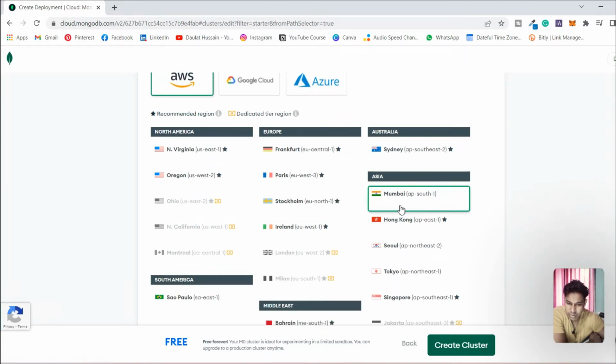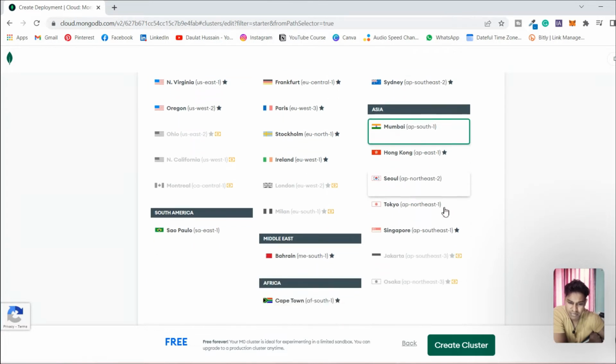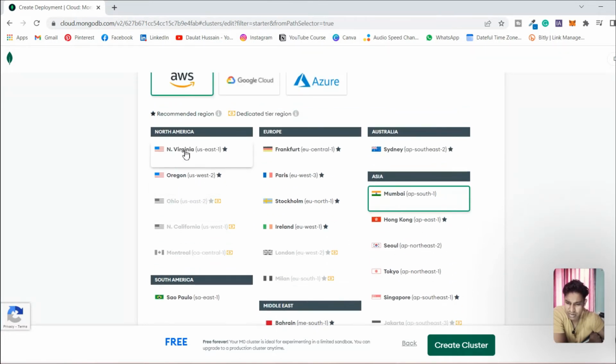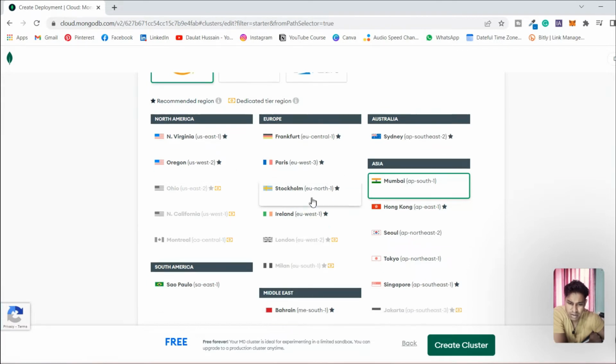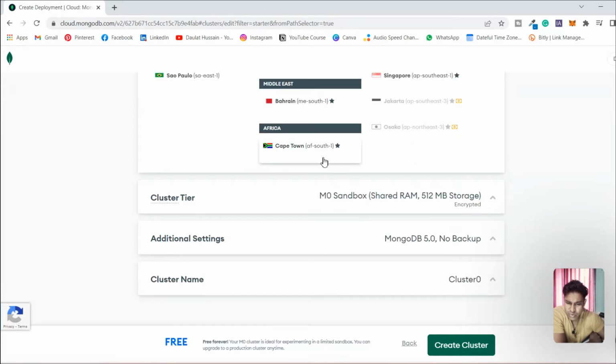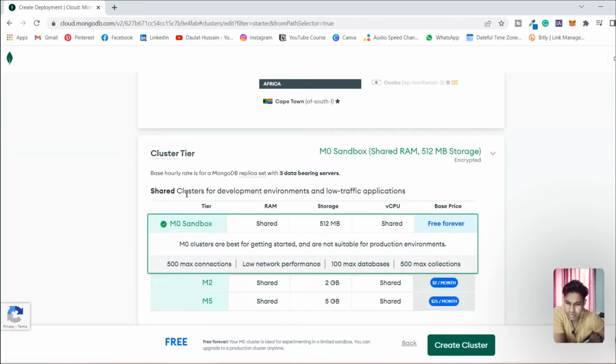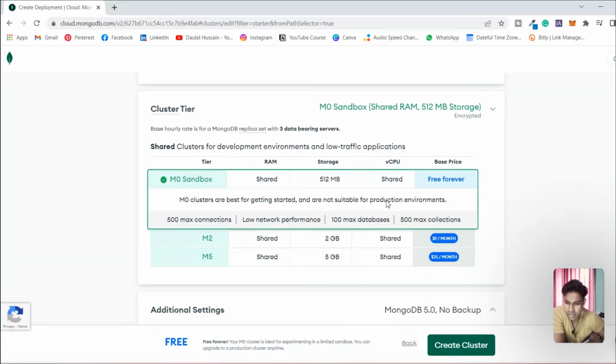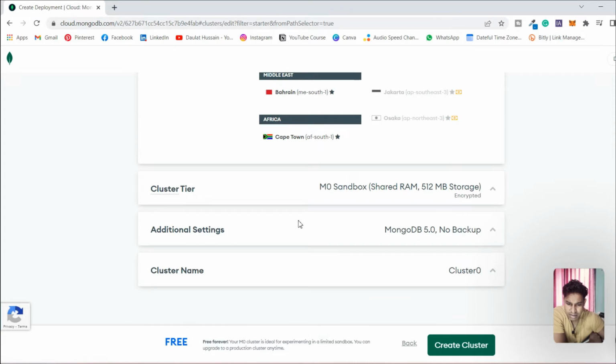The server location I'm choosing is Mumbai, because I'm from India. You can choose anywhere, or it automatically reflects on the basis of the country, so don't worry about it. Don't make any changes there. Click here, and you can see the plans: how many GBs they're going to provide you, and some additional information. As you can see right down here, it says create cluster and it's free. So I'll click on this